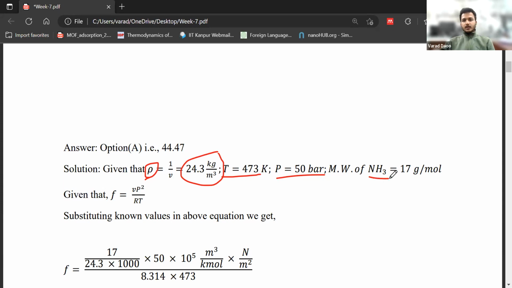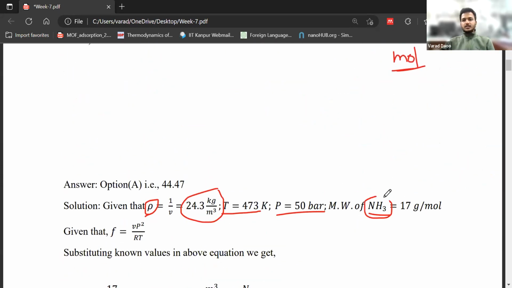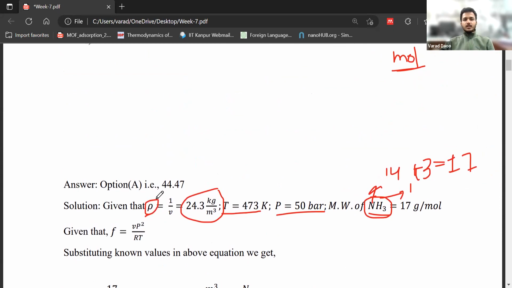We also know the gas that has been mentioned, ammonia. We know the chemical formula for ammonia is NH3, and the molar weight of nitrogen is 14 and of hydrogen is 1, so with 3H it will be plus 3, right? So we know the molar weight of ammonia is 17 gram per mole. Using this information, we will first convert mass density to molar density, and